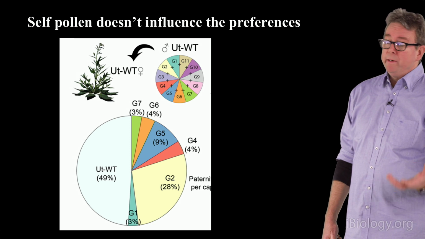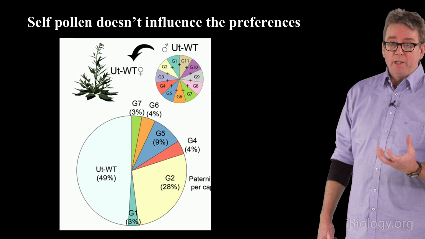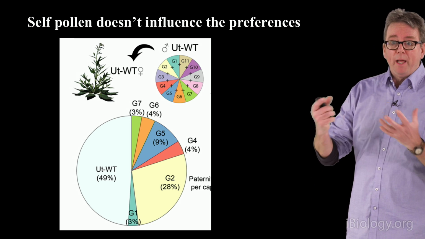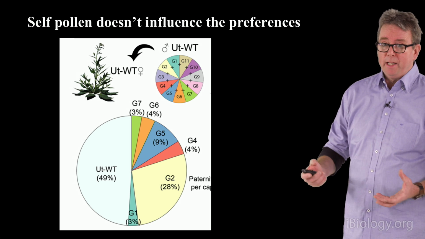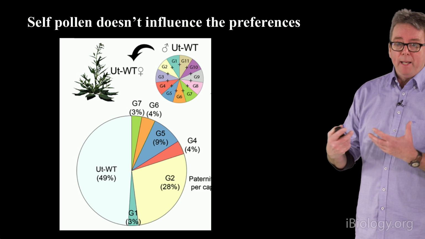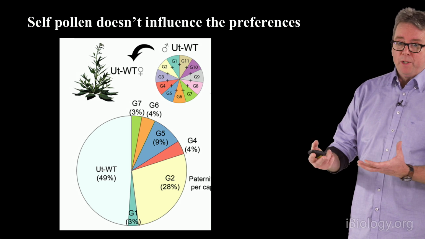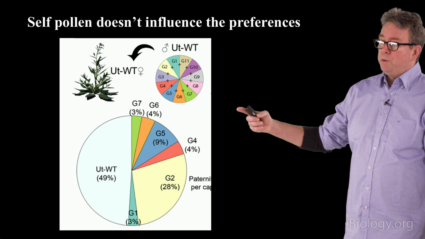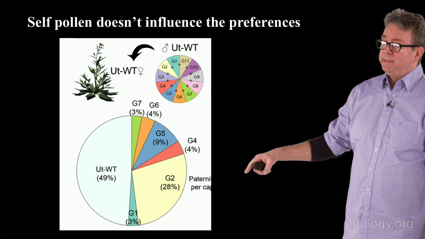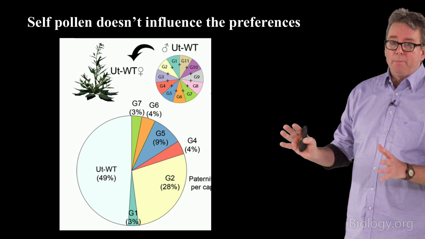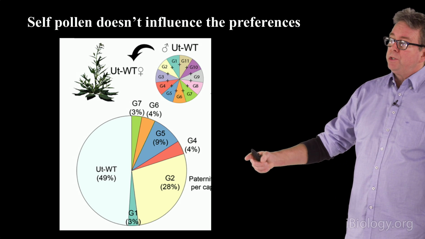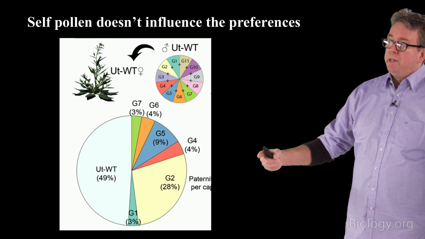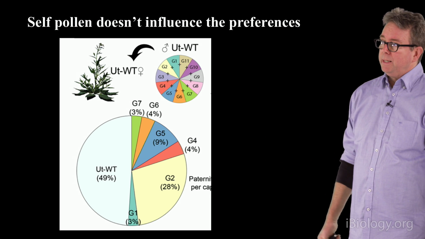Okay, now you may be wondering, since we've been doing these experiments with anthrectomized flowers that don't have all that potential for self-pollination, whether these same mate preferences might occur with a lot of self-pollen, and indeed they do. If you don't anthrectomize them, you of course get a large number of self-pollinated seeds. The self-pollination is sort of a backup, a security blanket, but they still show those very distinct preferences for G2 if you were the Utah lady.